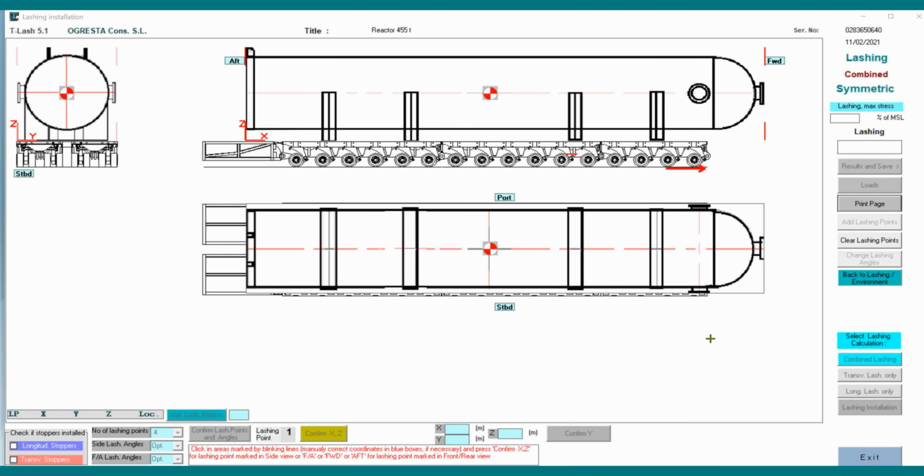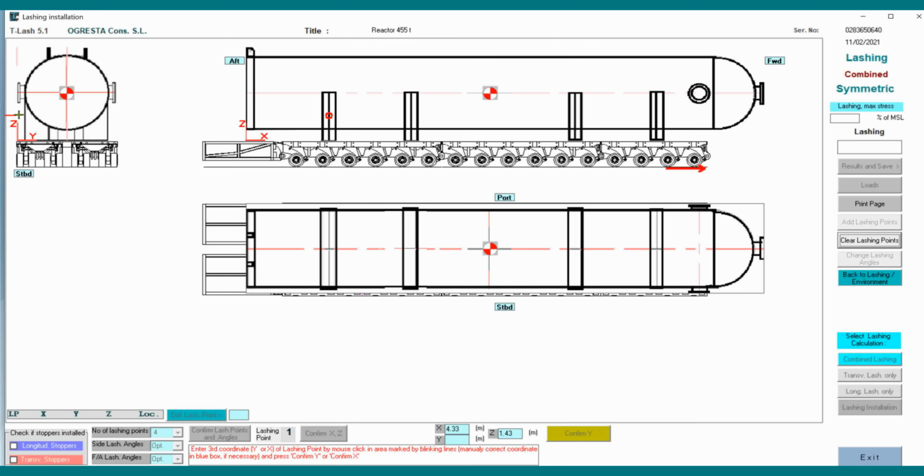Let's start with definition now of lashing points. So first we have to click somewhere here. We can read coordinates X and Z in these boxes here. If we are not happy with them, we can correct them manually. And if we confirm it, now we've got the circle here. Next step is to define the Y coordinate, and after definition of this point, and after every click in this area, you see this small red line is following vertically